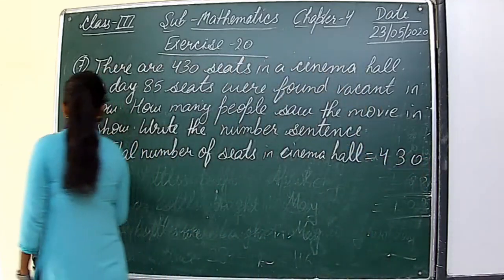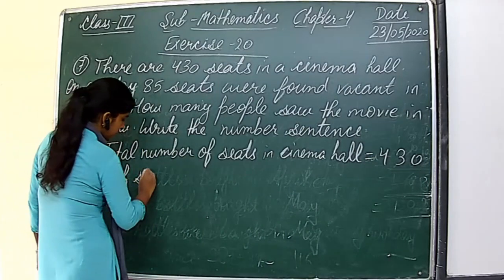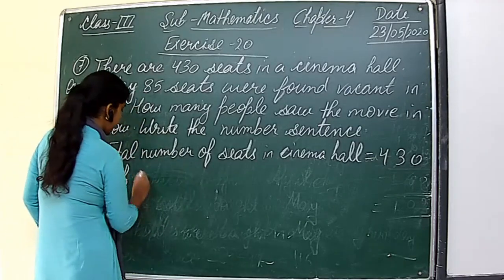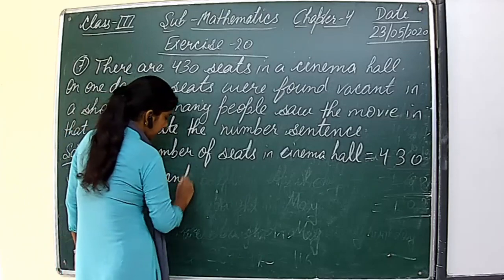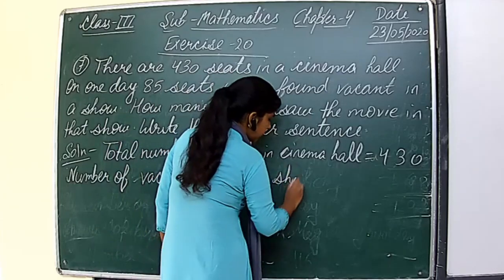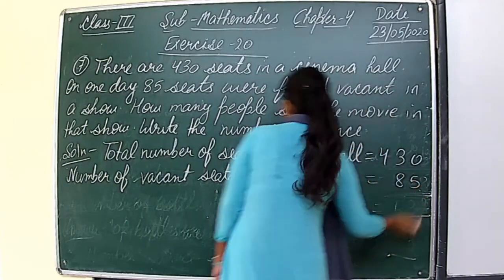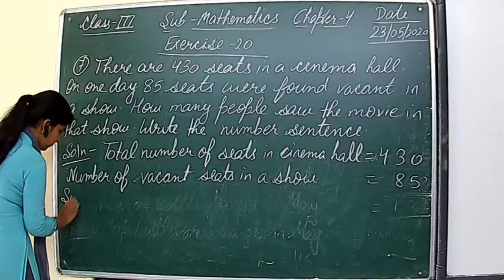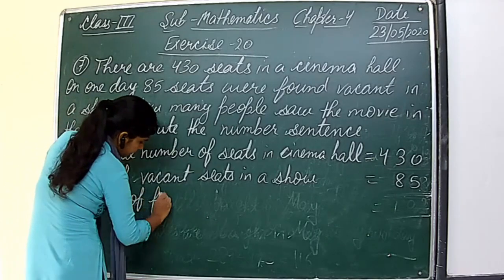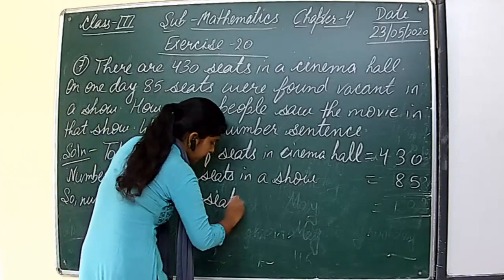Number of vacant seats in a show is 85. So, number of filled seats in a show